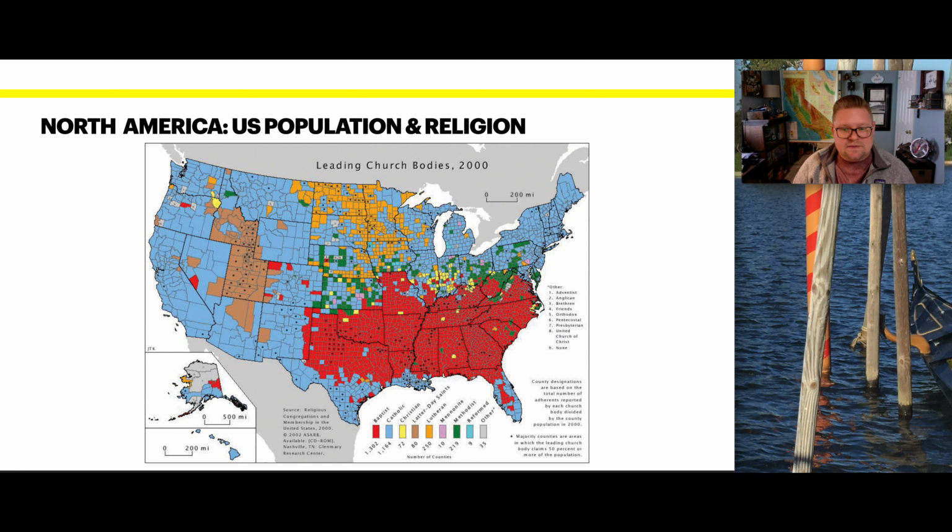So we can see that some of the prominent religions are Baptist, Catholic, Christian, Latter-day Saints, Lutheran, Mennonite, Methodist, and then Reformed, and then obviously there are some others which are mixes. And we can certainly see there are clusters within these regions of religion. We see that there's a large cluster of Baptists in the South. On the West Coast it's predominantly Catholic. Within Utah you have Latter-day Saints, and so on and so forth. Lutheran up in the Midwest, northern area. So we can see there are lots of relationships there.